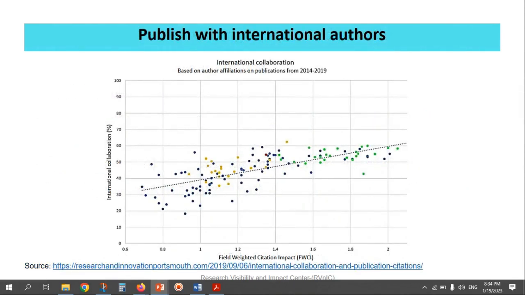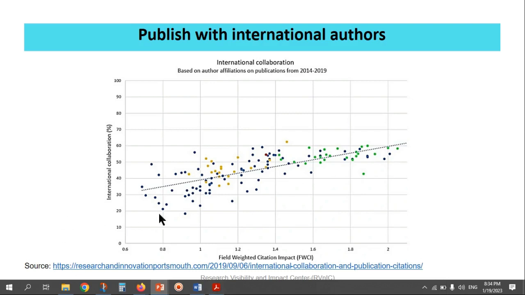But the most important one is to collaborate with international and well-known collaborators. If you are able to write a paper with a Nobel Prize holder, please write a paper with him or her. This is the best one. If not, try to find the highest and the most influential person in your area of research and write a paper with him.